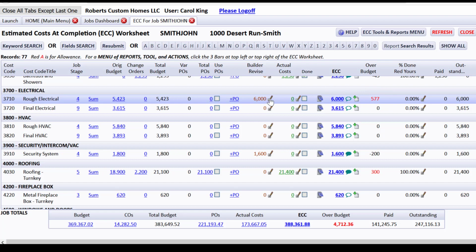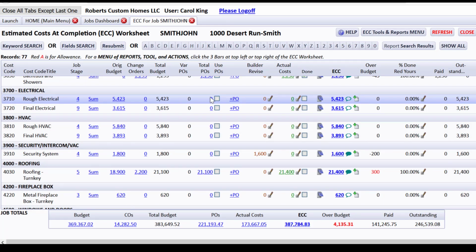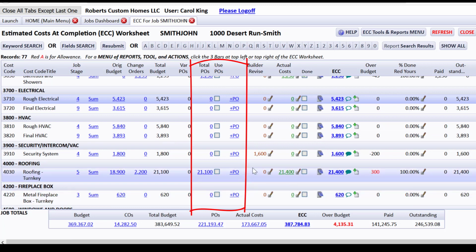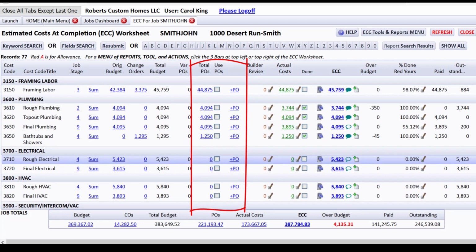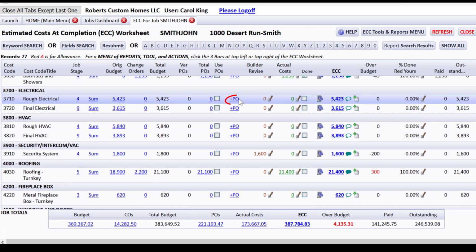But let's change that back to 0, because I would real quickly like to show the power of POs. So right here you can look through and you can say, what have I not issued POs for? Because you see a 0 amount here. You can scroll and you can see up here, we have various POs issued, but right here we haven't issued our PO. So you can right here click plus PO,